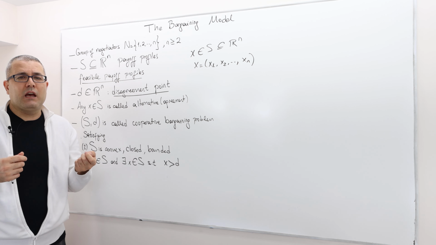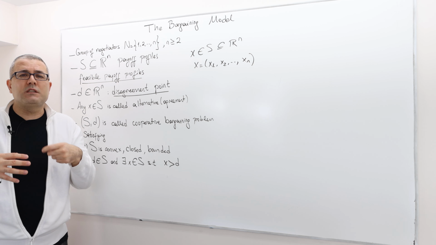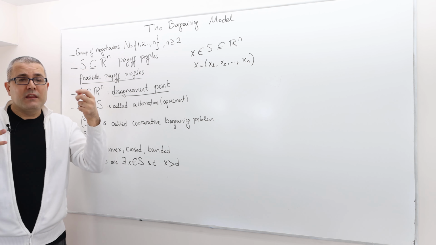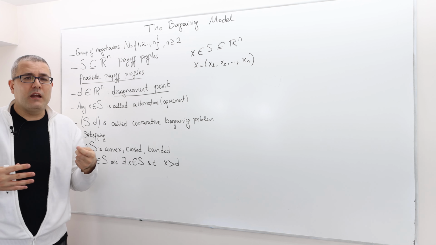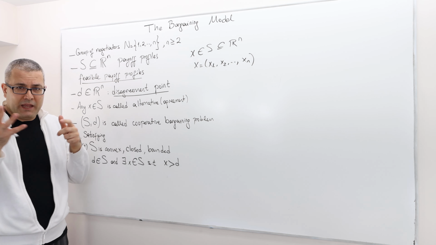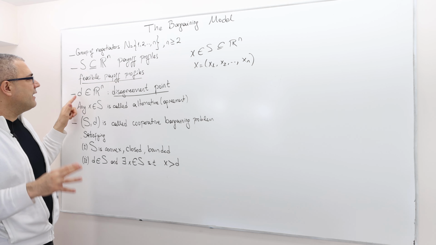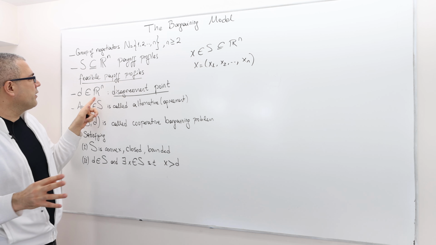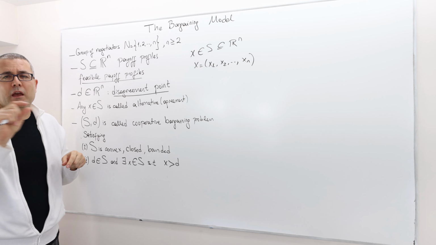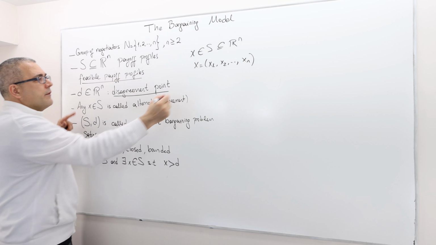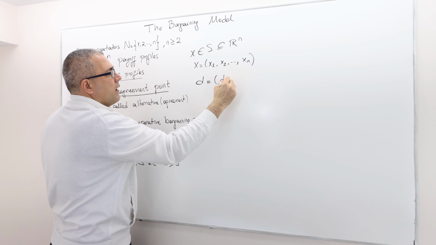Well, then what's going to happen? Well, whatever the status quo is, that is going to be implemented. All right. So, for example, again, I will give some examples, and hopefully it's going to be clear. But again, this disagreement point is nothing but a vector, a payoff vector, indicating D1, D2,